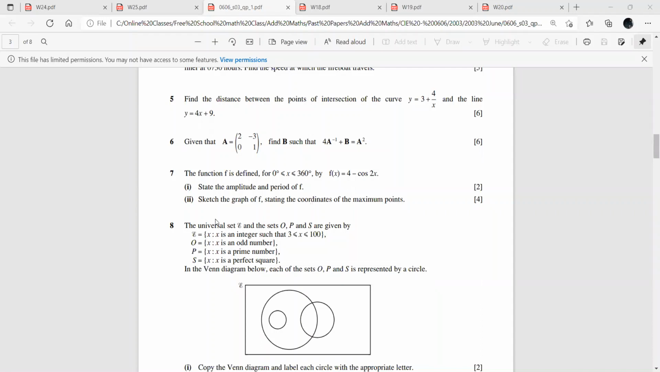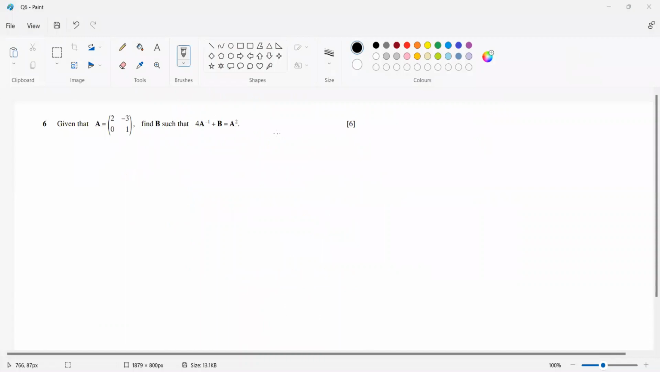Okay, let's begin with question number 6 on this paper, please. So let's move it to a whiteboard and we shall begin. Okay, given that matrix A equals 2, -3, 0, 1, they say find B such that